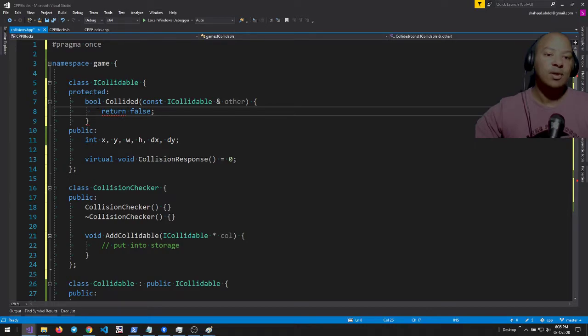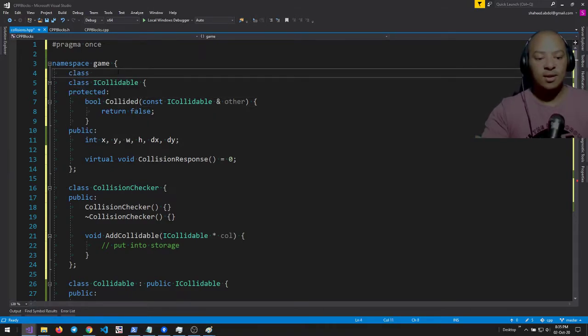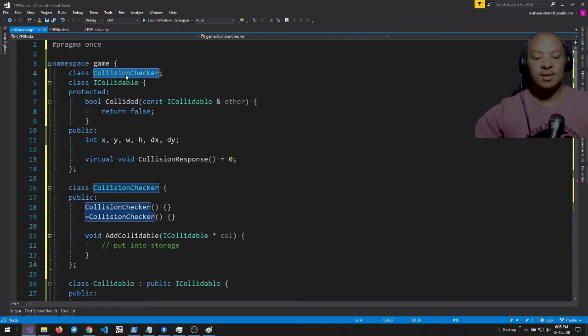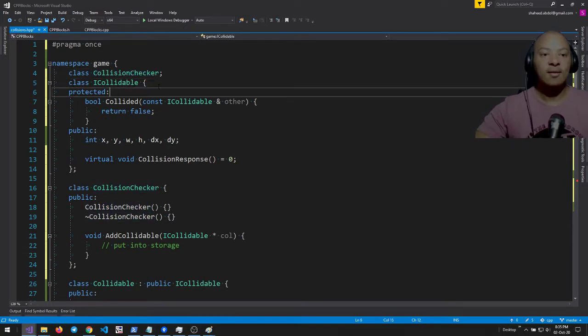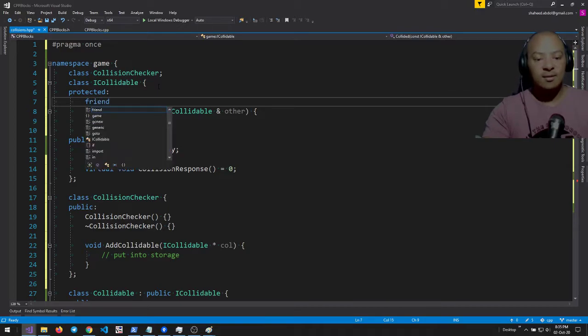So bool collided, return false. Why is return mode? Don't know. And then I would just forward declare this thing, and then make this a protected friend,